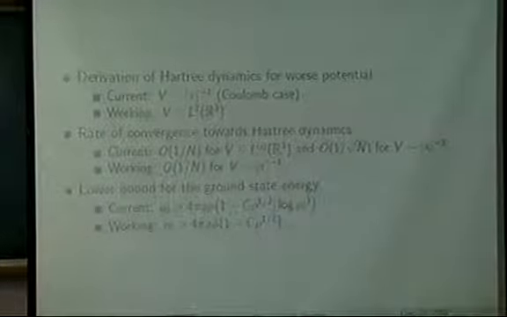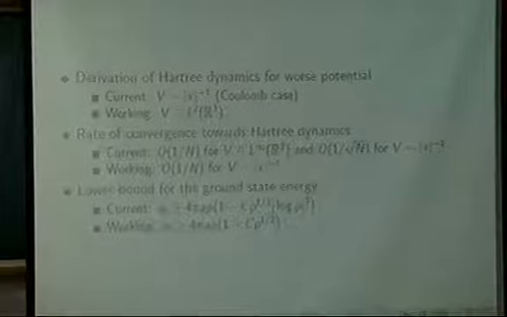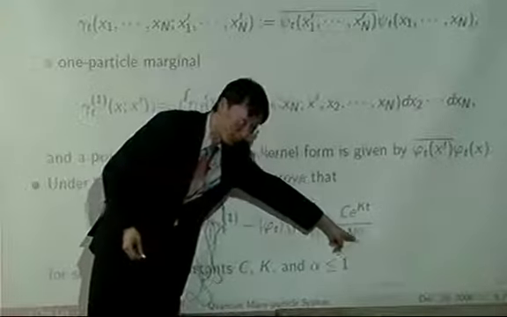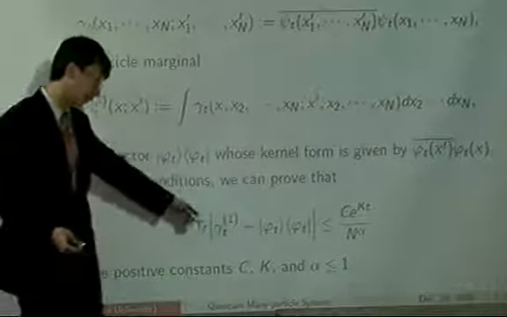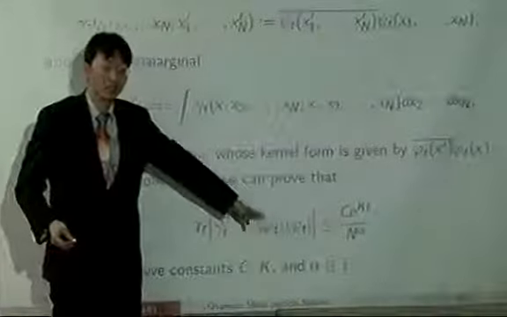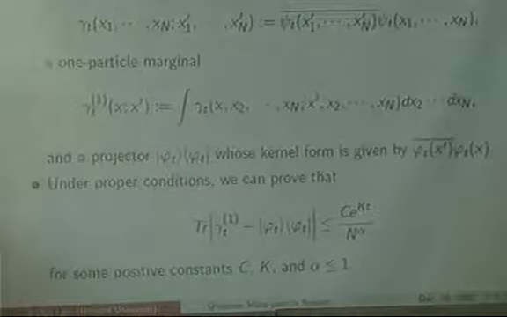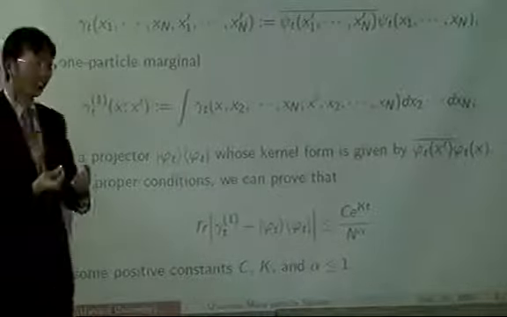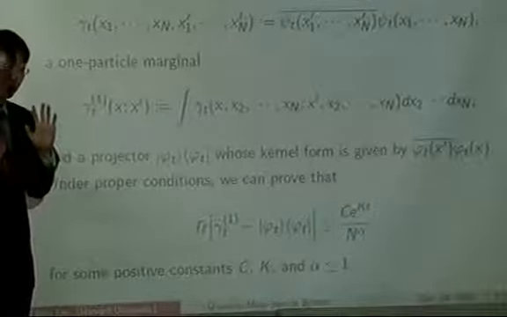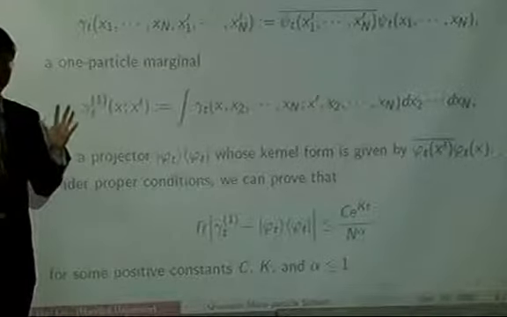Okay, so here are some open problems that I'm working on right now. First of all, for the Hartree dynamics, I said this thing is bounded by this, and this 1 over n to the alpha factor means that when n approaches infinity, this thing is bounded by 0, so that this becomes 0. So we know that alpha is 1. That's the optimal result for a large class of different potentials.